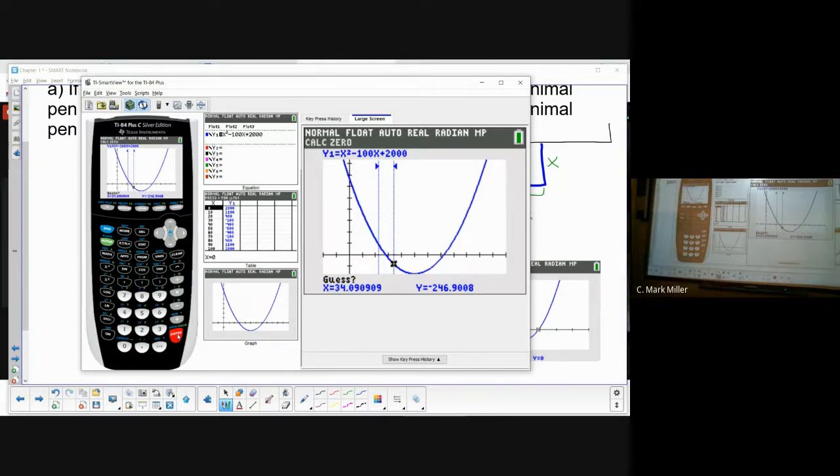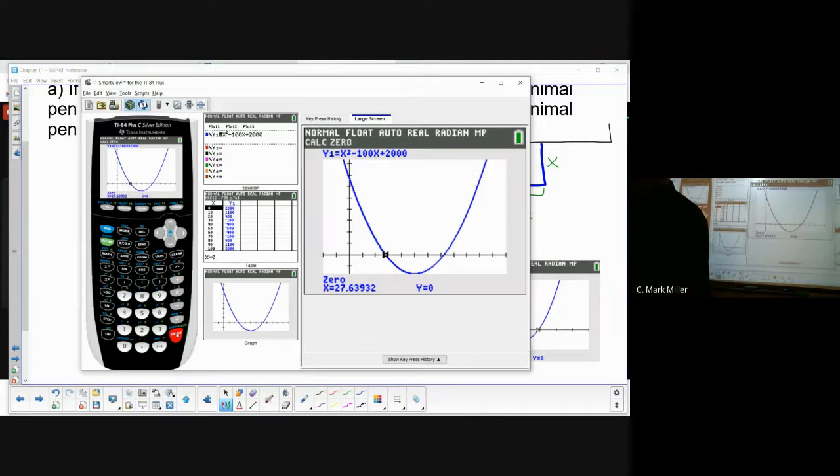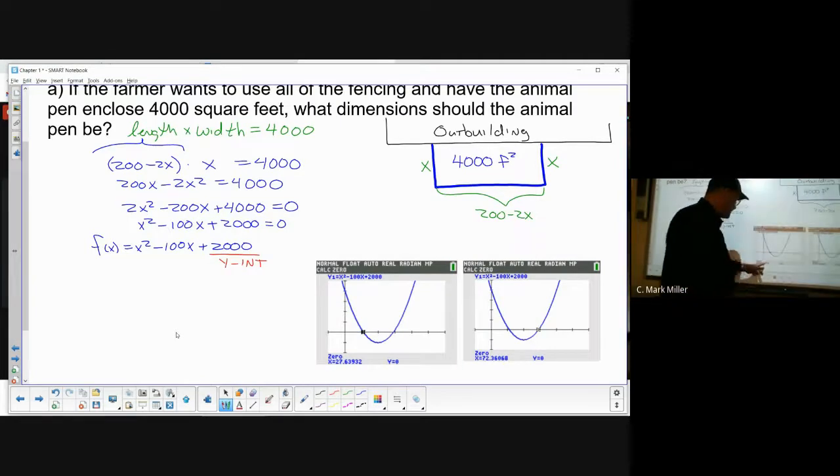If there's only one zero in the middle, you don't have to even enter a guess. Just hit enter again. And 27.64. Because I had 27 point something before, you know, it's close. But that right there is your exact answer. So if you look back at the screen over here, that's one of your answers right there. The other answer,